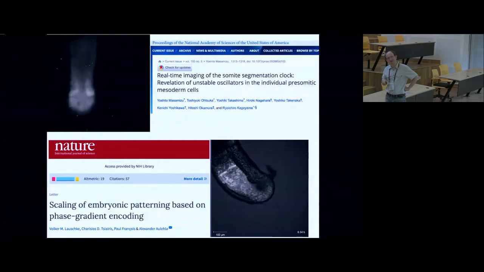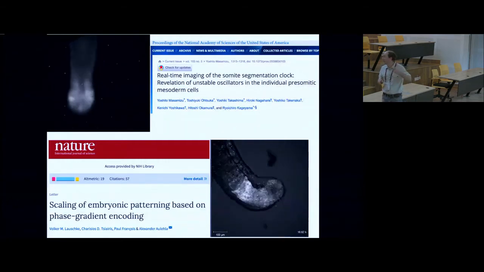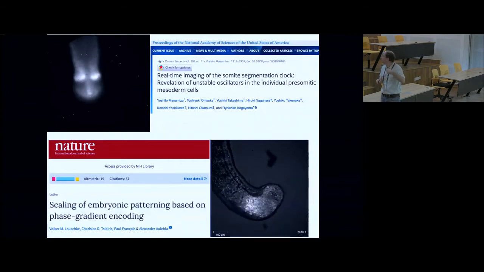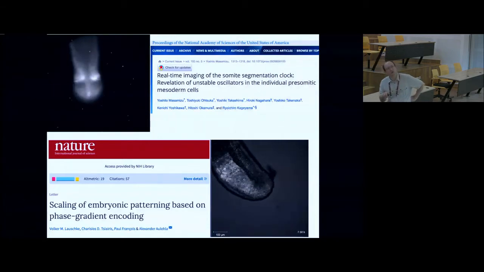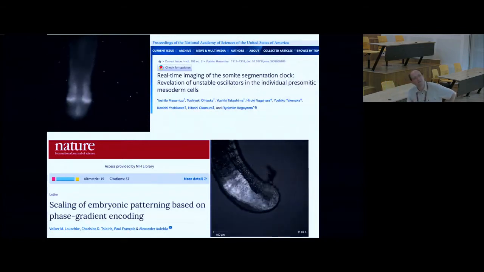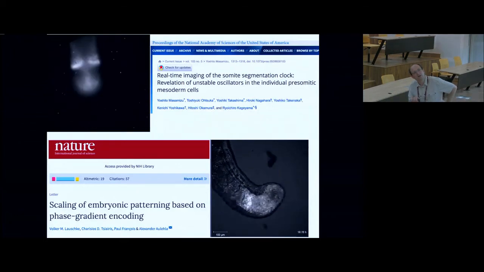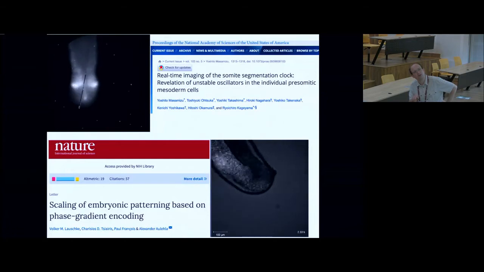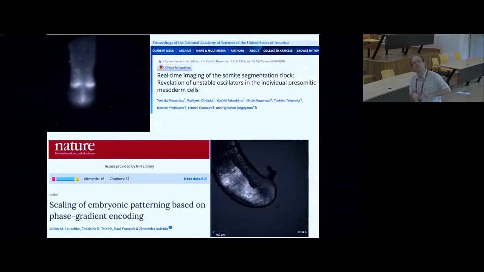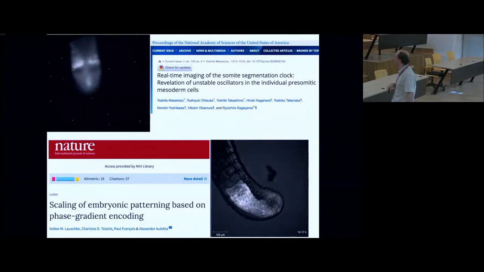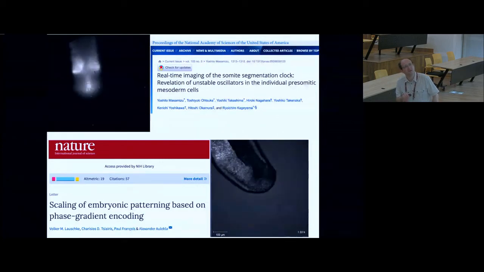You don't really see the oscillator in the tail because it has very low amplitude, but clearly there is something that is oscillating and that will give you a wave of genetic expression. And if you focus there, you might be able to see the boundaries of the vertebrae forming as a wave. If you look, the wave is going up, and when there is a very high intensity, this is where you move anterior to it, you form the segments. You need to be a bit used to that to see this, but it's pretty clear on this movie.